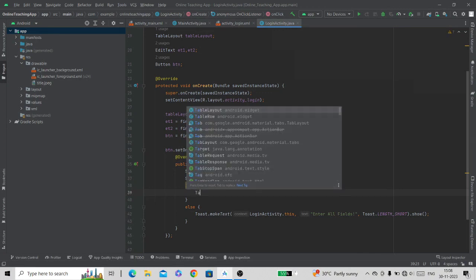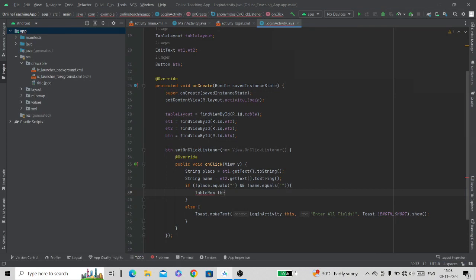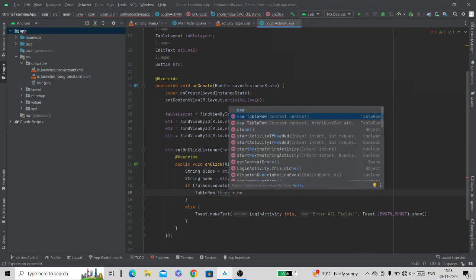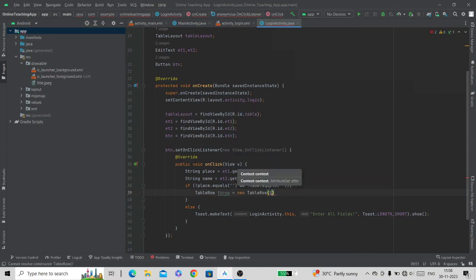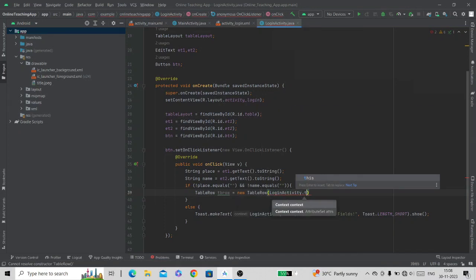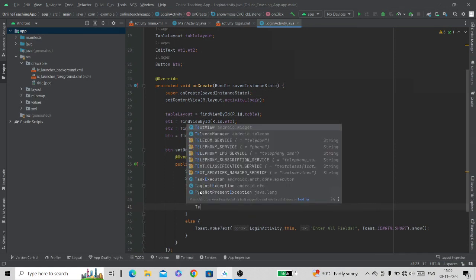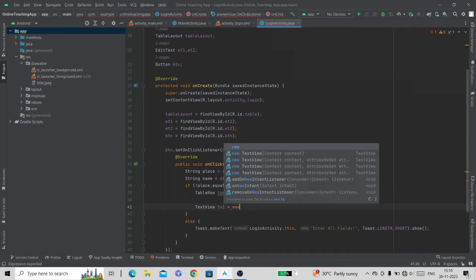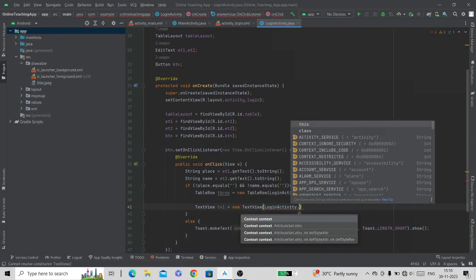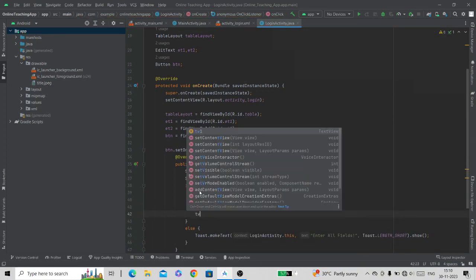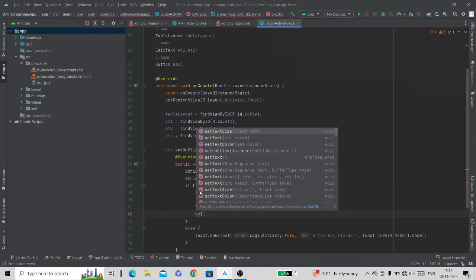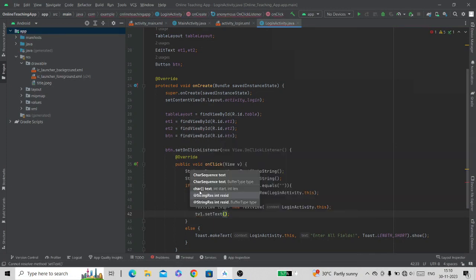Now inside this if condition, if the name and place values are not empty, then we will create a table row, tbrow. Here we will pass the context, which is LoginActivity.this. Now here we will create text views for name and place. Here we will set the text that we get from our input using setText.